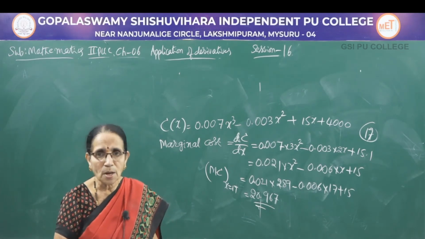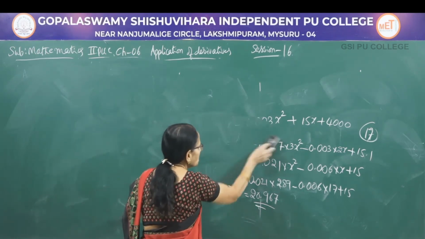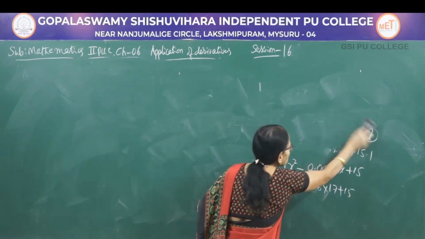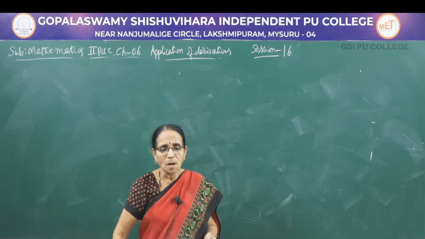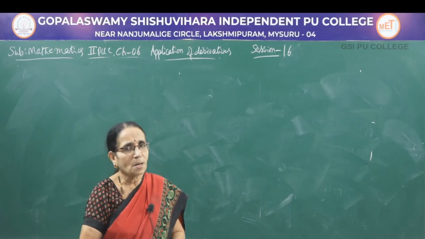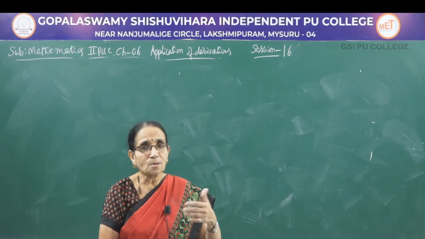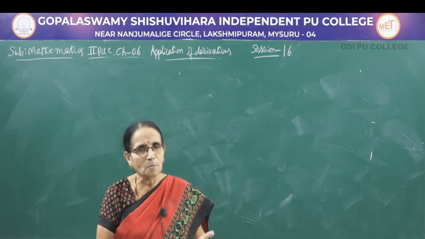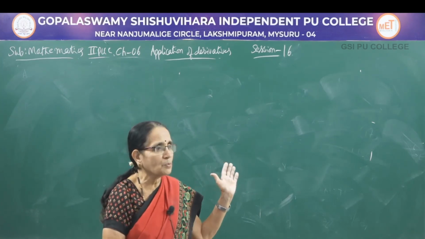So this is how you have to get the marginal cost. Similarly, we have another function called the revenue function. The word revenue itself means income, isn't it? When you manufacture something, some cost is involved, so that is called the cost function, which we denote as C(x). Take an example, some bicycles are manufactured and sold. So some cost is involved, isn't it? That is given with the help of the cost function.